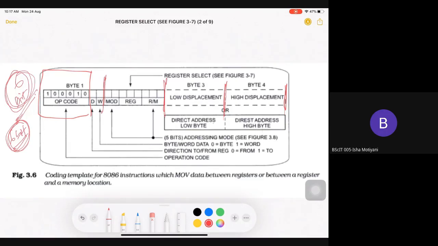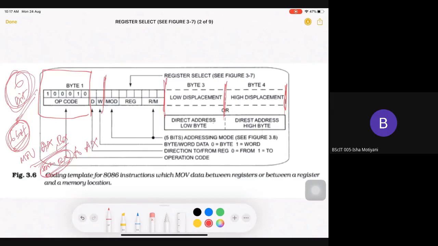Okay. Next you have a D bit. What does the D bit indicate? Direction to and from register. If it is from, it will be zero; if it is to, it is one. Suppose my instruction is MOV AX, BX. What does this instruction do? It transfers data from BX to AX. If I consider the BX register, then it is from, so here 0 will come.